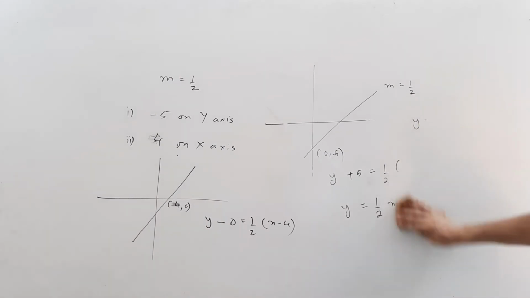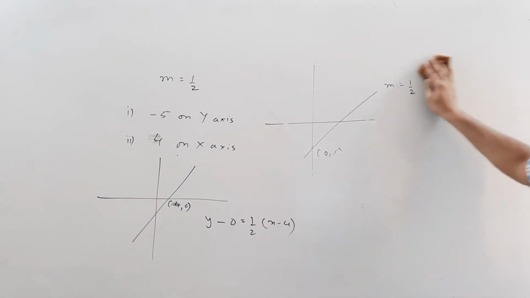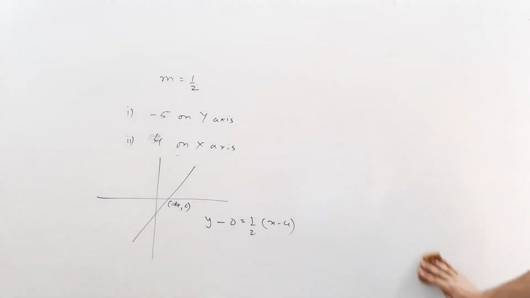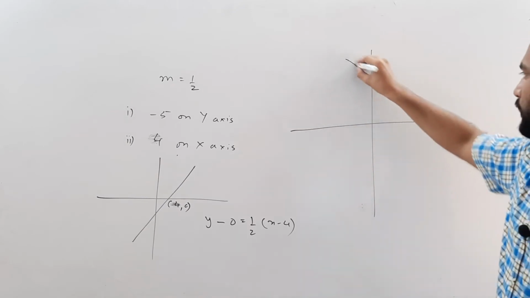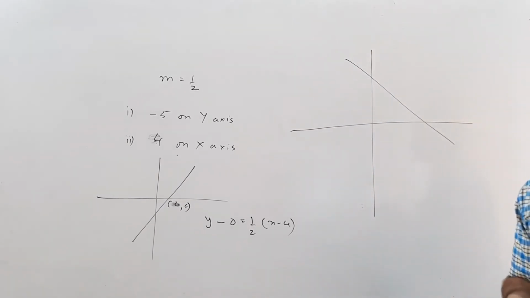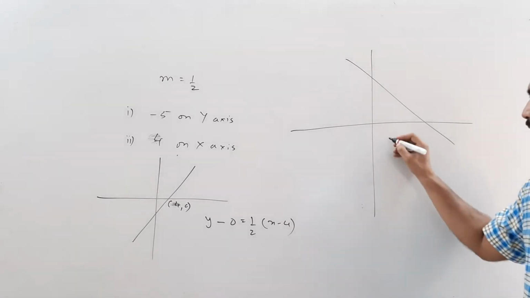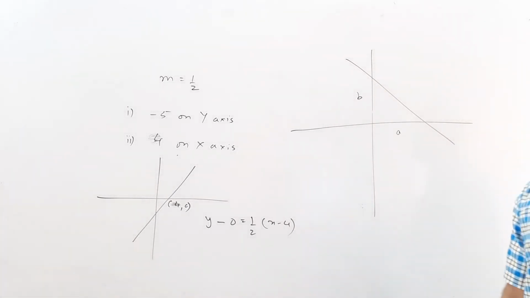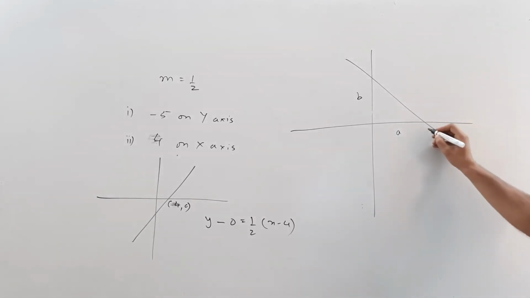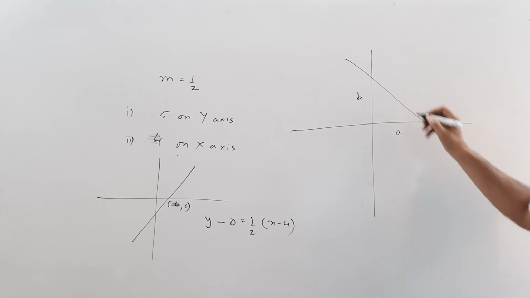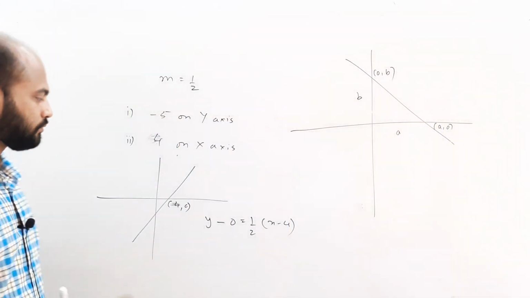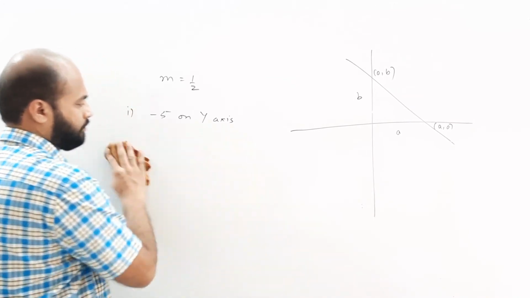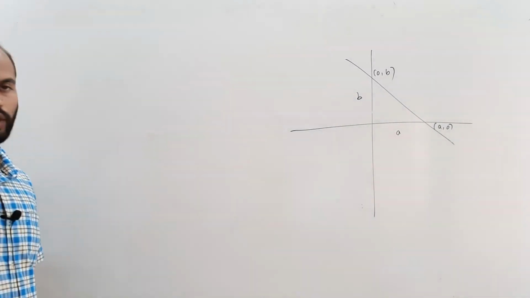The next form of equation of a line that we are going to learn is the intercept form. Let's say that this is the coordinate plane and this is the kind of line that we have. And instead of the slope, now we are given the two intercepts. That is, I know that the x-intercept is a and the y-intercept is b. Which also means that this is going to be (a, 0) and this is going to be (0, b). Nothing is mentioned about the positive or negative terms. So let us try and find the equation of this line.